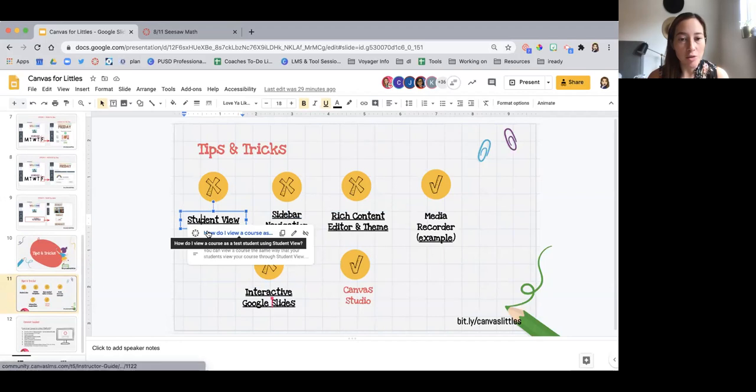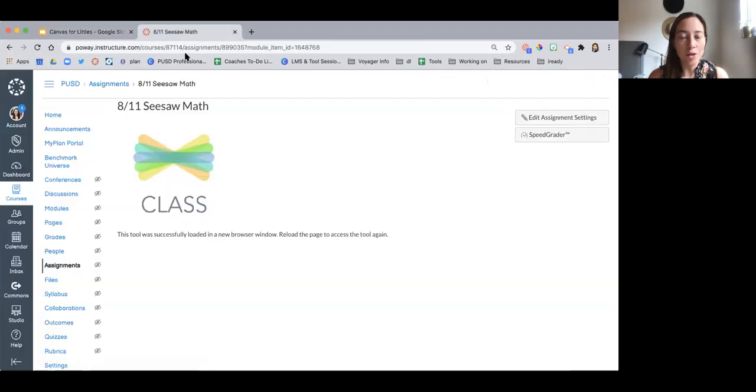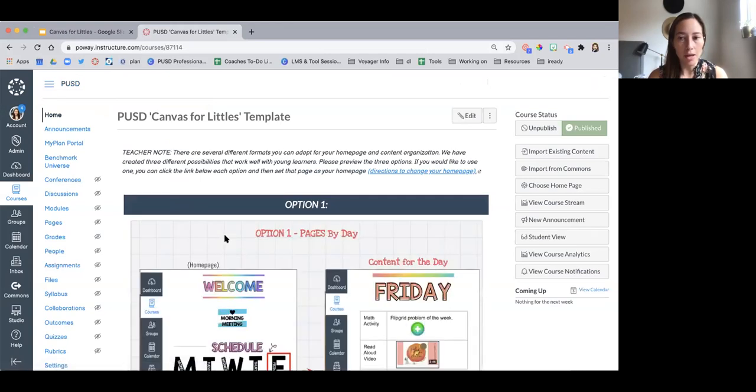This first one is student view, which makes it super easy to see what students will be viewing. So let me go to this home page, and notice I have a ton of options on my right side. I have a ton of options on my left side. Now, if I want to see what the students will see, not the teachers, I can click on this right-hand side, student view,